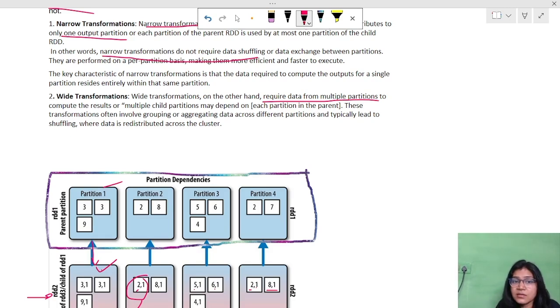One of the key characteristics of the narrow transformation is that the data required to compute the output, so this is my output, for this partition resides entirely within the same partition. That is again the same thing: in order to compute this partition, we are only dependent upon one single partition and we don't need to read other partitions. Whereas in case of wide transformation, this does involve grouping or aggregating data across different partitions